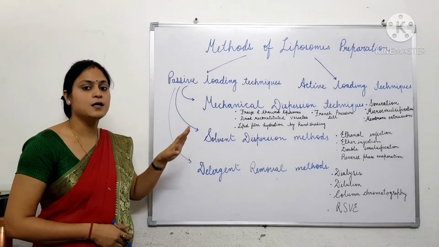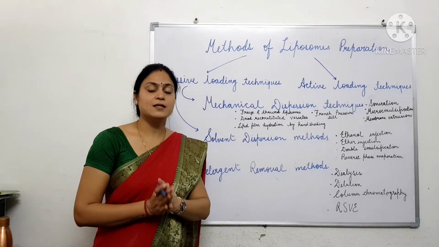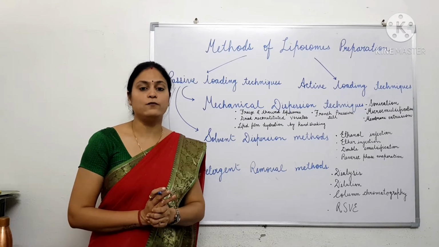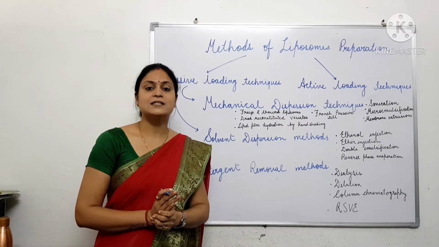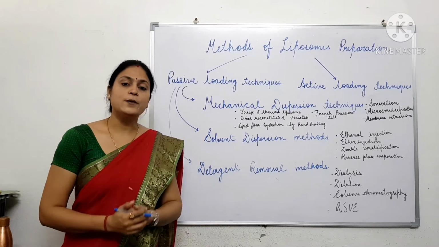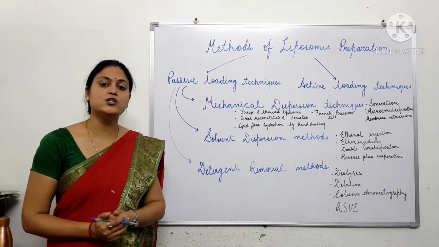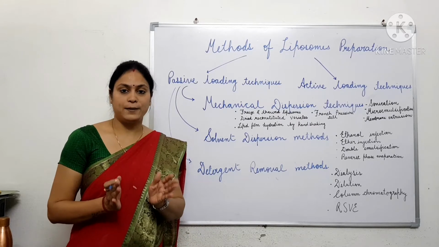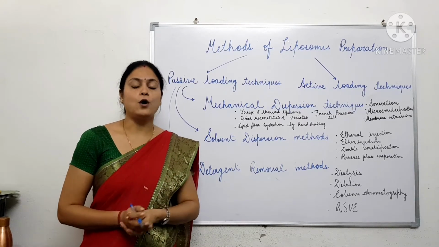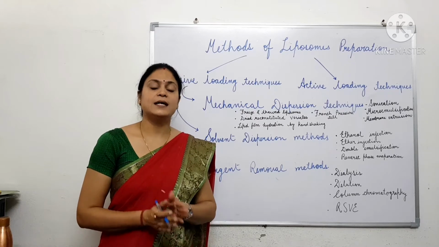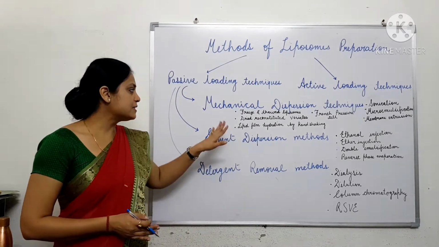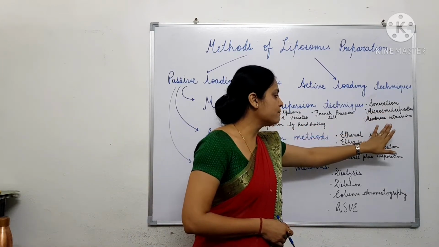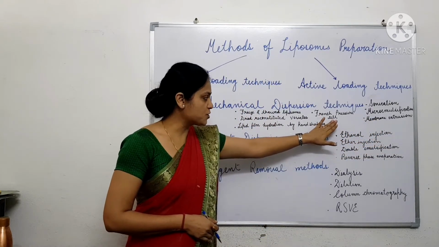In these mechanical dispersion techniques, basically two steps are there. First, in all these techniques, lipids are dissolved in an organic solvent and a solid film of lipid is formed by the evaporation of the organic solvent in which the lipid is dissolved. And further, in the second step, this solid lipid film which is formed around the wall of the round bottom flask is then hydrated. So, in these mechanical dispersion techniques, basically sonication, microemulsification, membrane extrusion and French pressure cell.